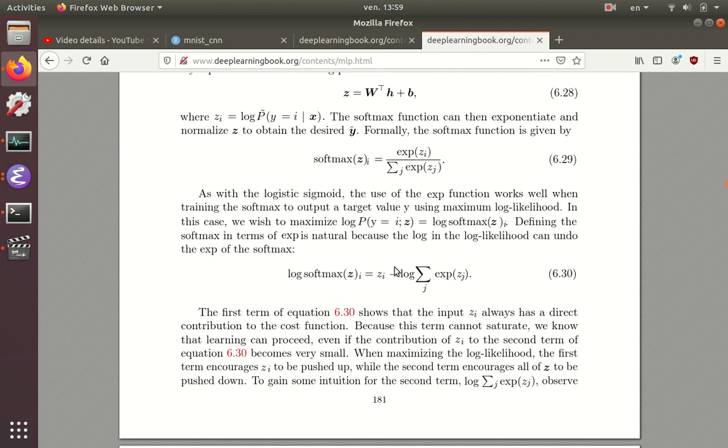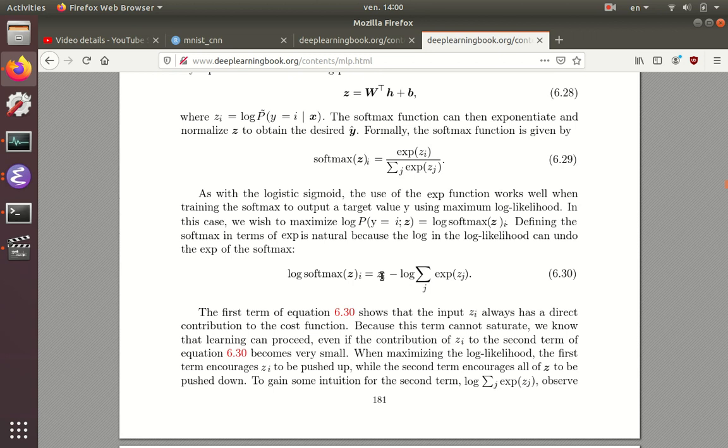And so the point of this equation here is to show that, let's walk through the equation, right? So here we're taking the log of softmax of the i. And so what you can see is by taking the log of this, the log of the first term is this zi term, and the log of the bottom term is this second term, which is kind of a log of sum exp term. And the idea is that